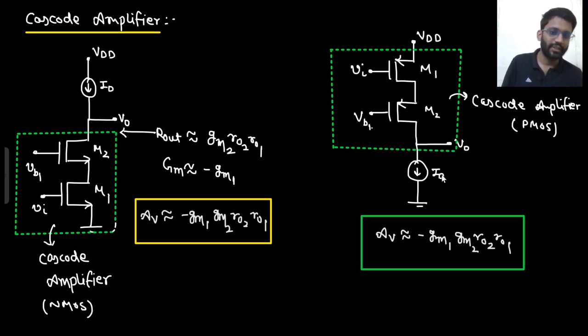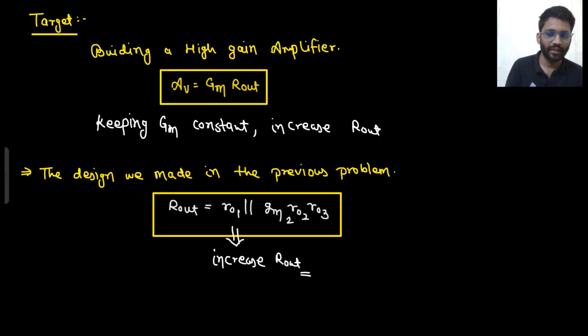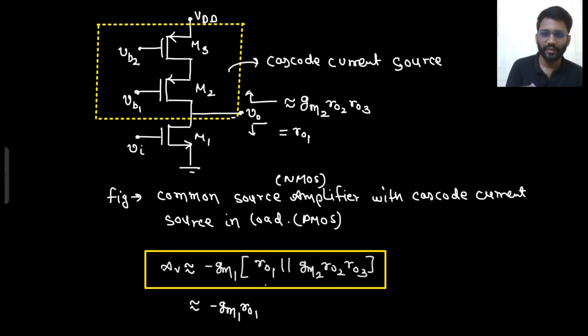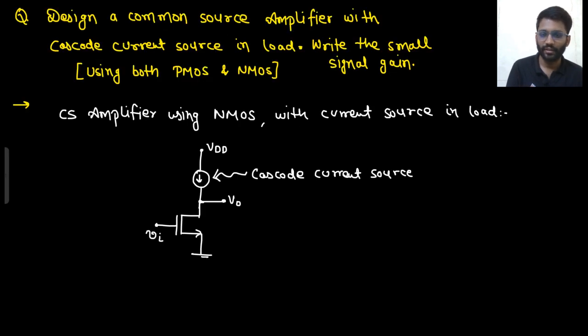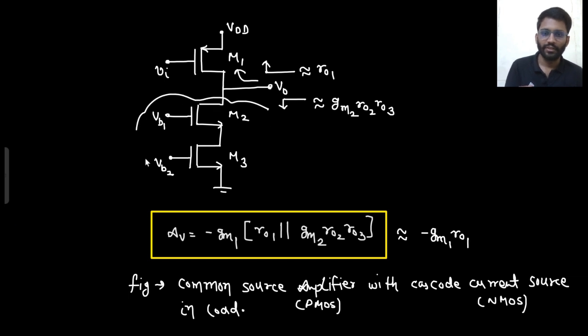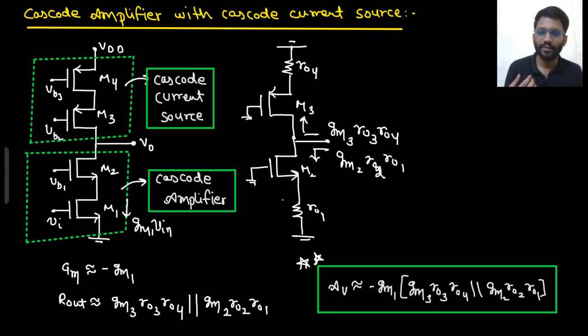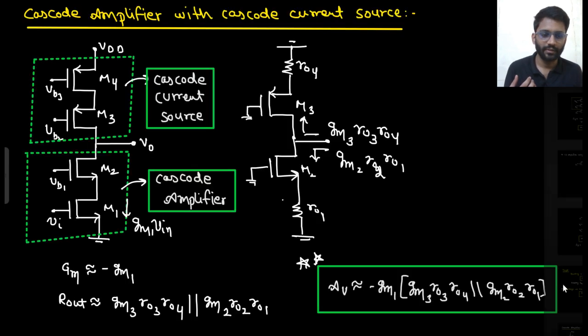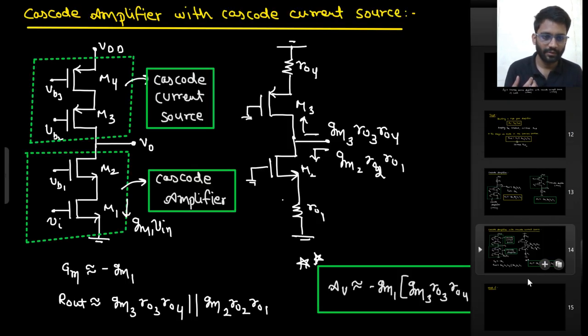Now we are going to make this configuration. Now this current source will be made using cascode configuration. So if you are going from a node to ground, node N, that means you will be using NMOS. So for making this current source, you need to use NMOS. Now this will be made as it is, and this you need to make using NMOS, and that we have previously made. We have made the current source using NMOS, here it is. So this configuration will be used. Right? Cascode amplifier using